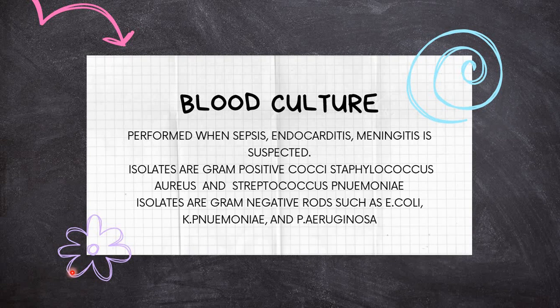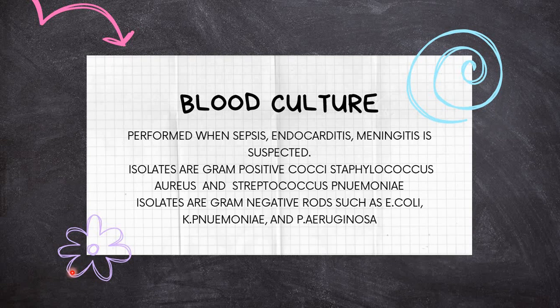It is important to obtain at least three 10 ml bottle samples in a 24-hour period. The most important precaution a phlebotomist must take when collecting blood from the patient is that the site of venipuncture must be cleansed with 2% iodine to prevent contamination by a member of the skin flora, that is Staphylococcus epidermidis. The blood obtained is added to 100 ml of a rich growth medium such as brain heart infusion broth,